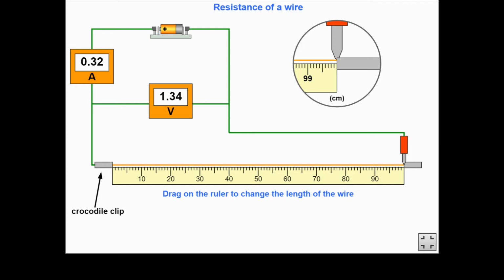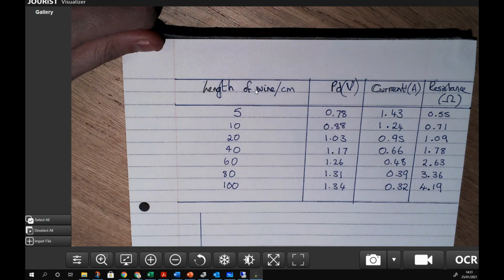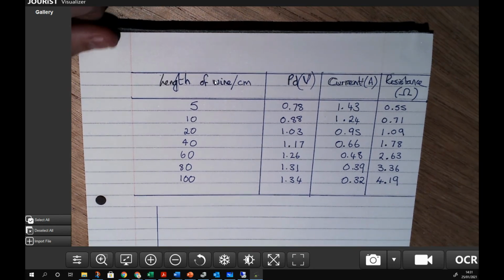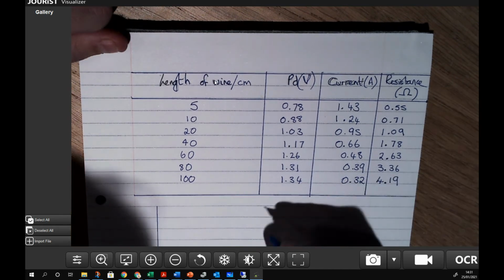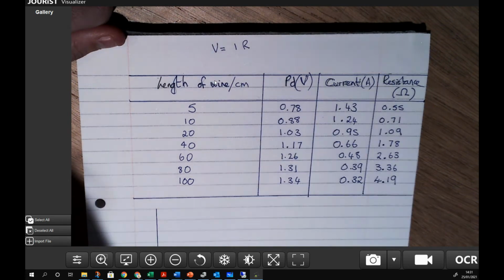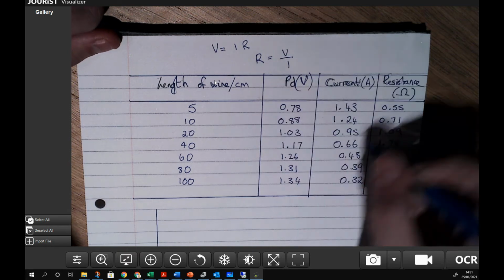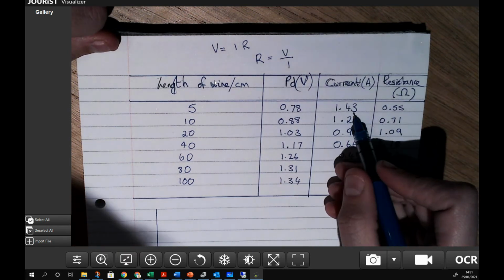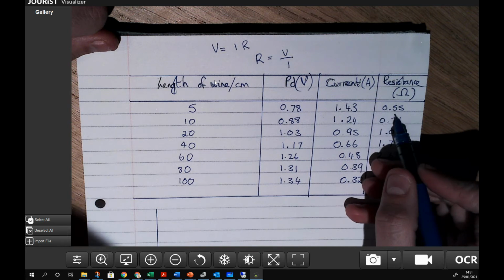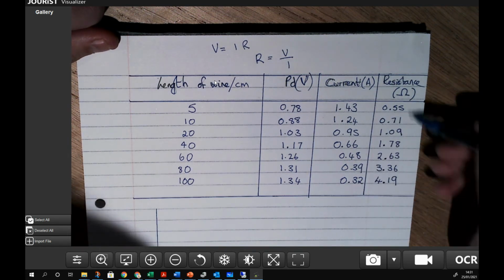Okay, so hopefully you've done that now. I'm just going to show you what I've got on my screen. So I have calculated the resistance, and I've done that by using V equals IR, which means that R equals V divided by I. So I've done 0.78 divided by 1.43. I've come out with 0.55, and I've done that for each set of measurements,